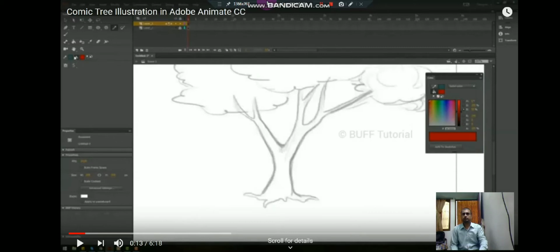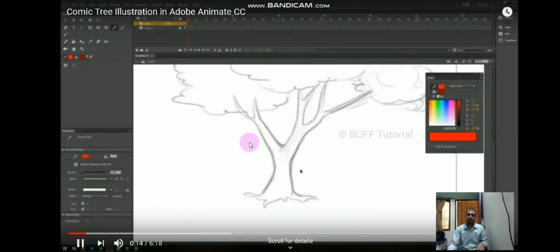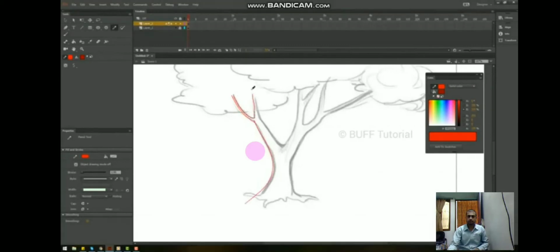Now with the help of this window I am showing you. In this you can see this is Animate CC, and in this tree I have drawn it with the pencil only. So this is the first drawn figure. In this I will show you how you can fill the color swatches. Everything in this you can move, so I have fixed the color swatch on the right hand side.